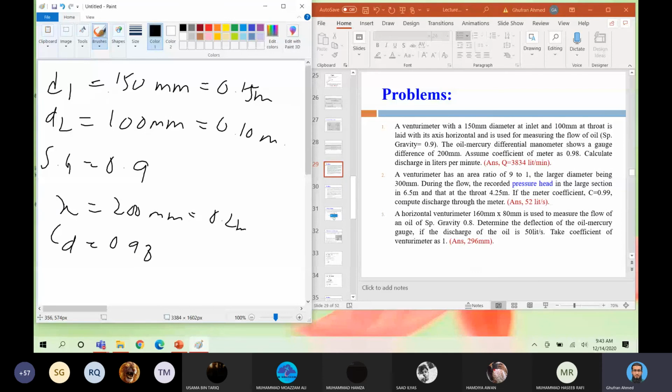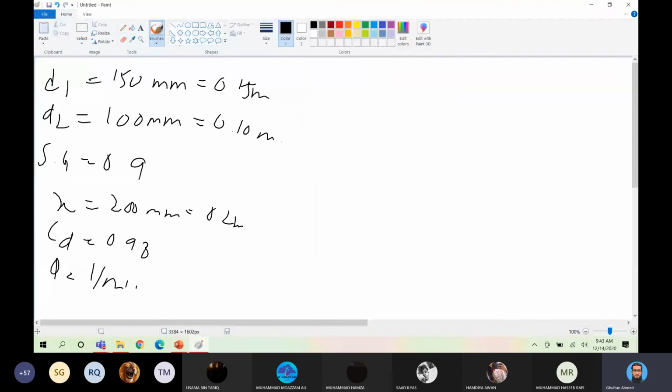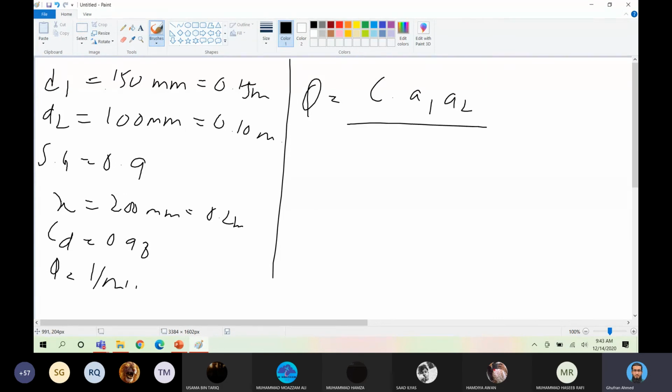Calculate discharge. Q find करना है in liters per minute. ठीक है जी। फॉर्मूला क्या है Q का? Q का फॉर्मूला है जी Q इज इक्वल टू C A1 A2 upon under root of A1 squared minus A2 squared, times under root 2gH।